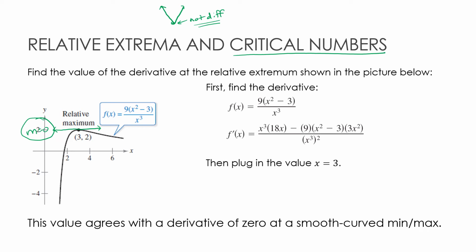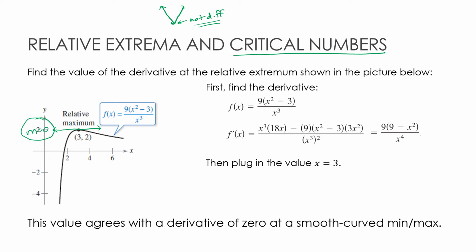So if I find the first derivative, again, I've shown some work but not a lot. This is not a section on how to find the derivative. That was last week, so hopefully you're really good at it by now. And what I came up with was a derivative of 9 times the quantity of 9 minus x squared over x to the fourth. Now what I want to do is plug in the value of 3,